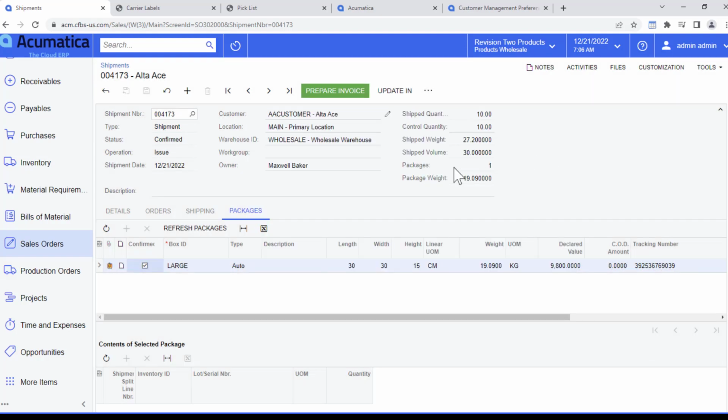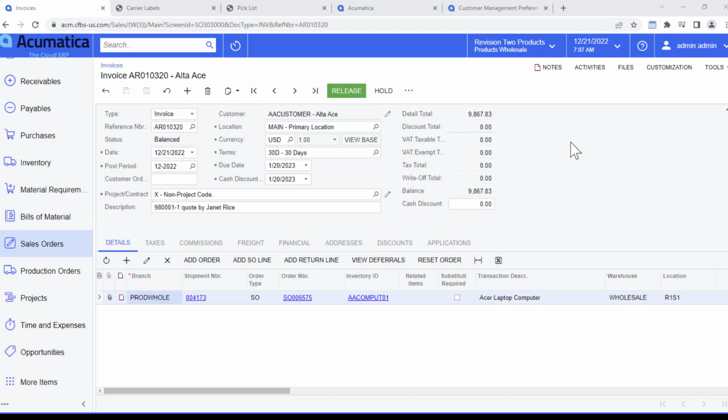Processing shipments with Acumatica allows you to eliminate additional shipping applications and helps eliminate the additional time spent operating in multiple shipping systems. So now that the shipment has been confirmed, it is now time to prepare the invoice. And just like with the shipment, we have a button here which takes you right to the process to prepare the invoice. So as you can see, this has now taken us to the invoice screen where you can release